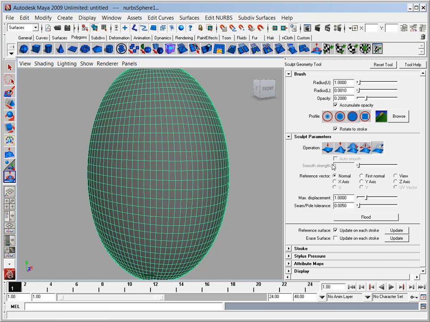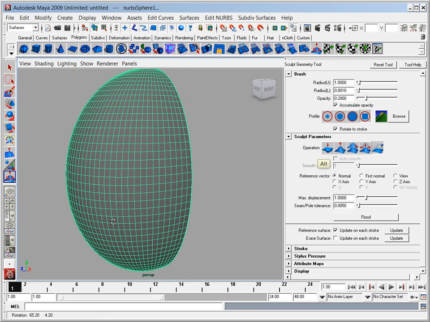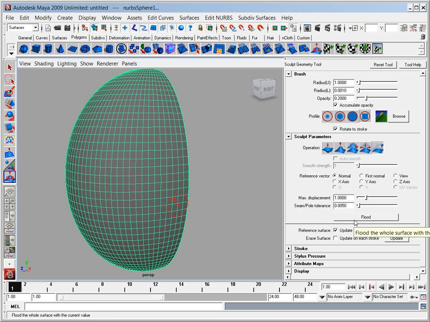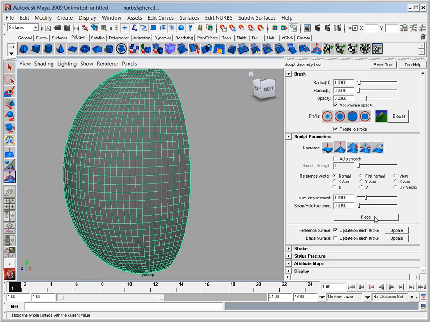So let's see. I think that should give me enough to work with at this point. Let me look around and see if there's, oh, the flood tool. What I might do, if I don't want to do undos, or if I lost undos somehow, is hit the erase tool and then flood. Erase or smooth would affect the whole model, so flood erases the whole model. If you pulled or pushed, you would actually increase or decrease the size of the whole object with a flood. So it uses the tool and